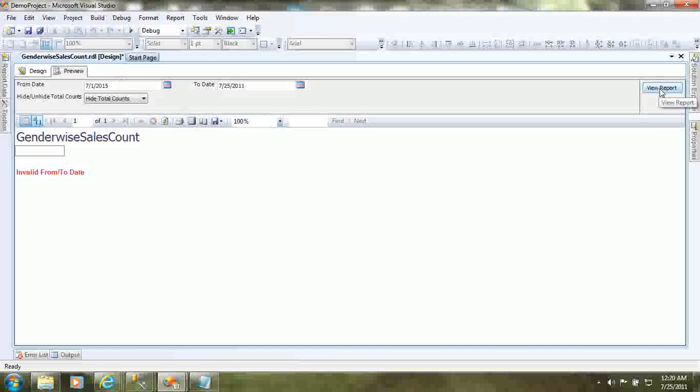Well, I'm sorry for that. Actually what happened earlier is I placed 2010 and clicked on view report. That's always right, 2010 is smaller than 2011. So that's the mistake that we made earlier. That's why it was not coming. But now if I say it's 2019 or 20, whatever it may be, a greater value, view report, here is the one, invalid from date or to date. So that's how we will be working with